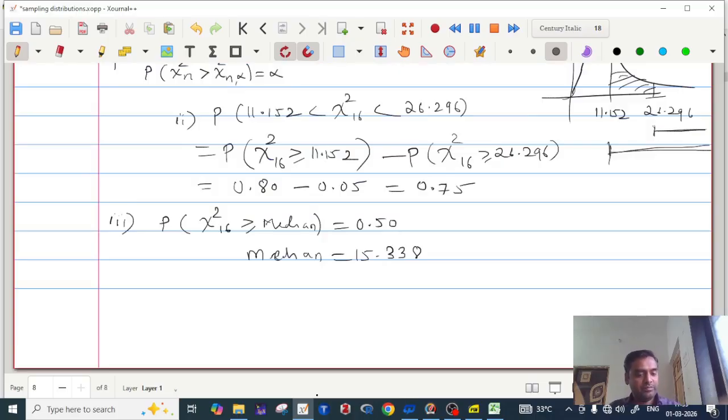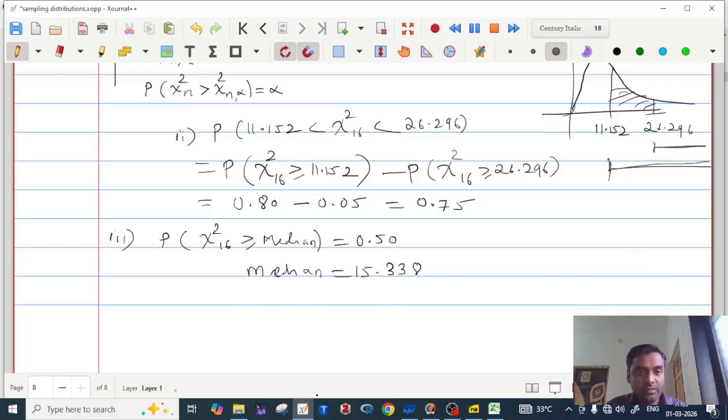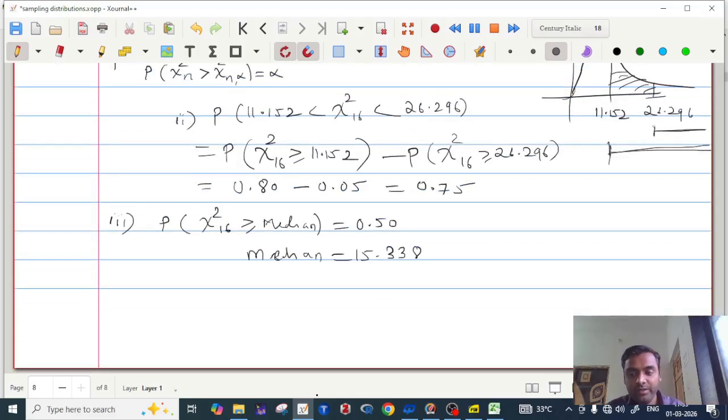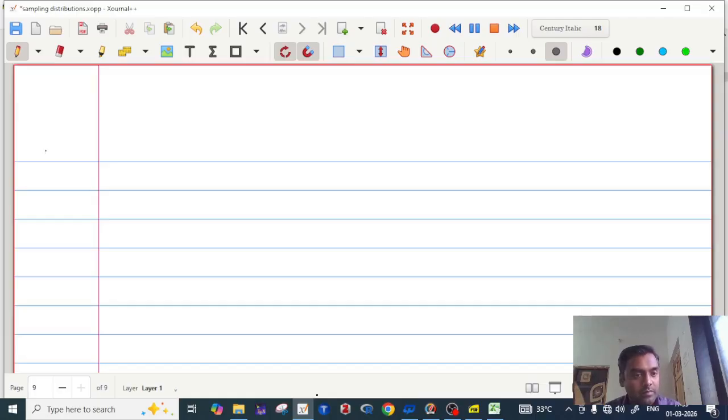So we have covered all the different types of examples for chi-square distribution. Let's solve one or two examples. This is example number 6. Let x1 and x2 be standard normal variates. Find